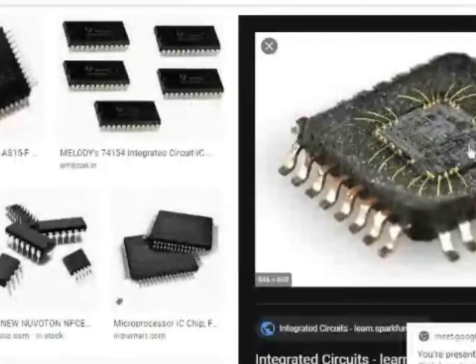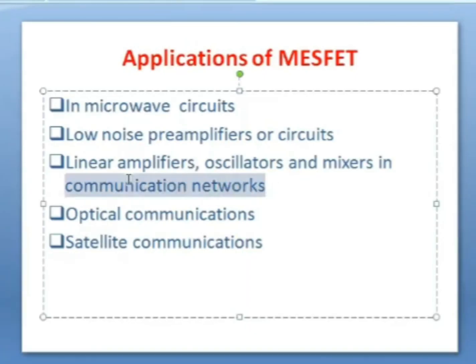On these communication networks, as I told you, we get signals from satellite, isn't it? From satellite again, it comes to your radio. So all around you is the signal. For such conditions, these devices and circuits are used: linear amplifier, oscillator, and mixers.